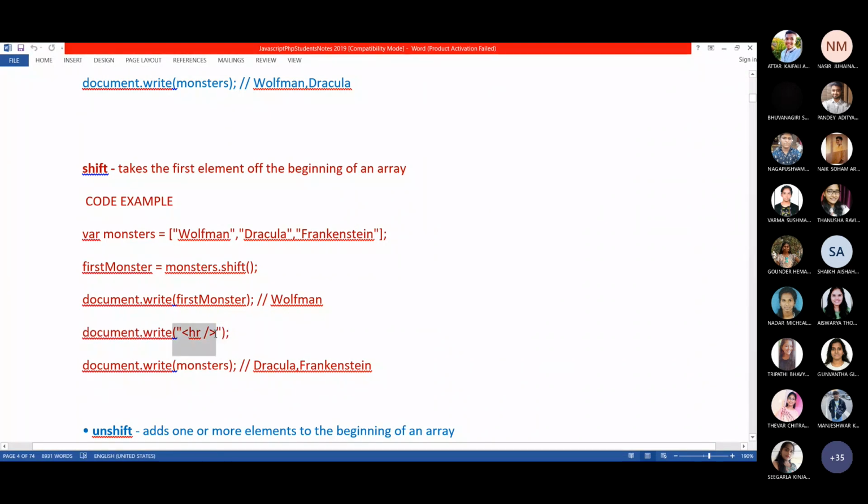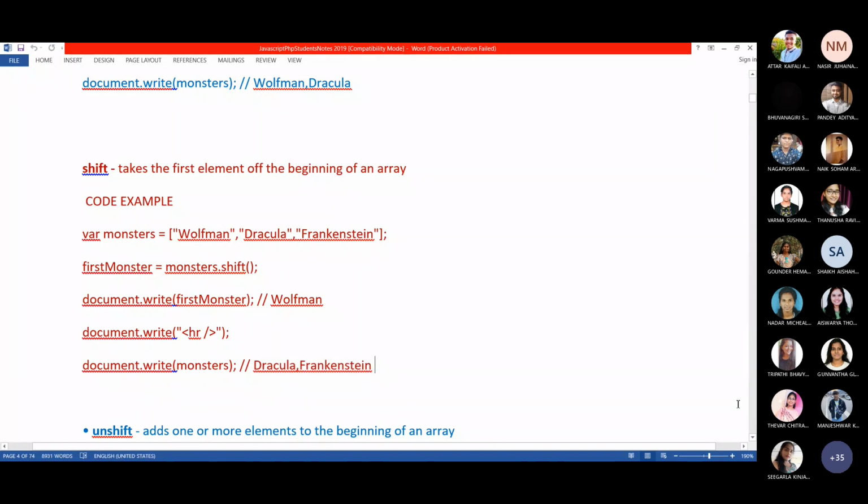The HR should be given within the double quotes. Remember, this is very important. The HTML code should be written within double quotes inside the JavaScript. So if you display monsters with document.write, because of the shift method, it lost the first element.